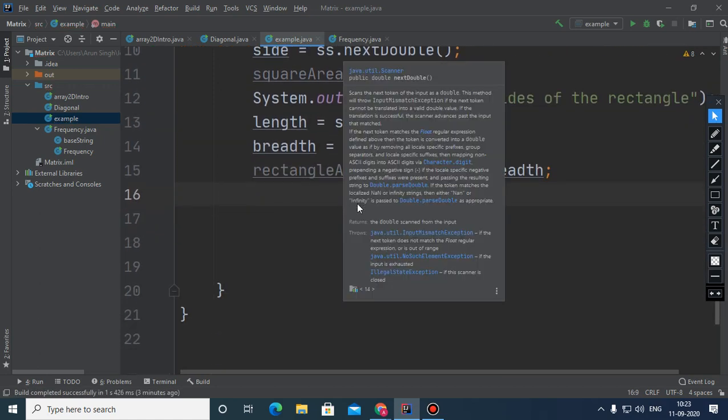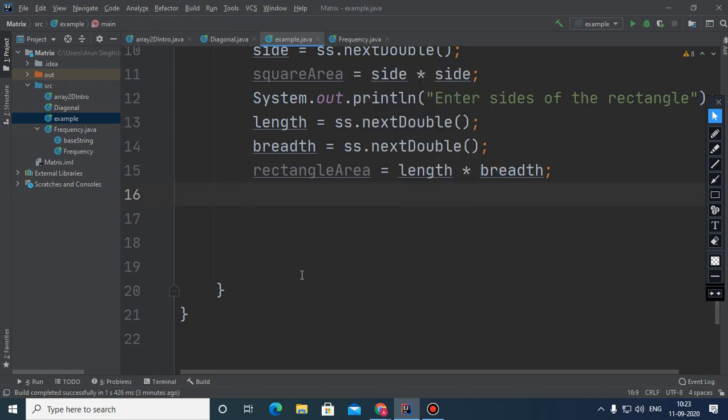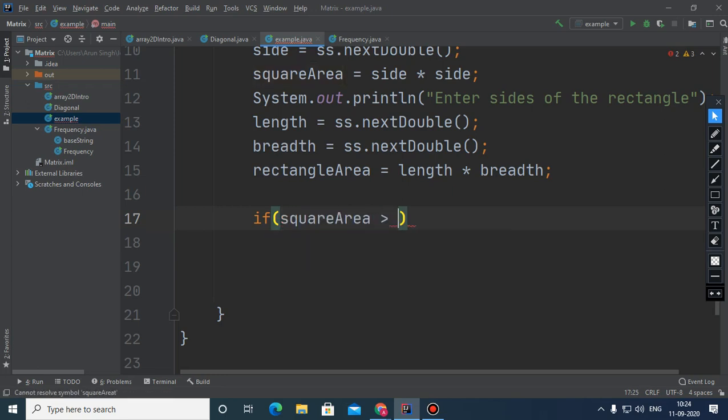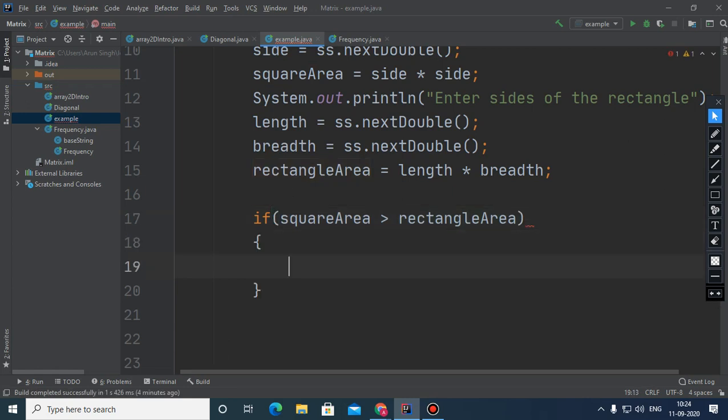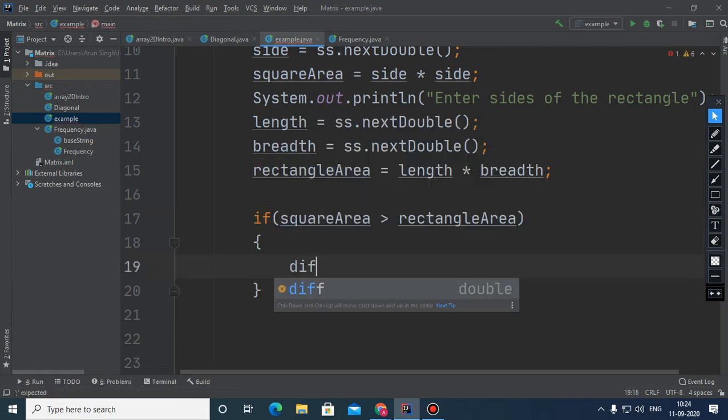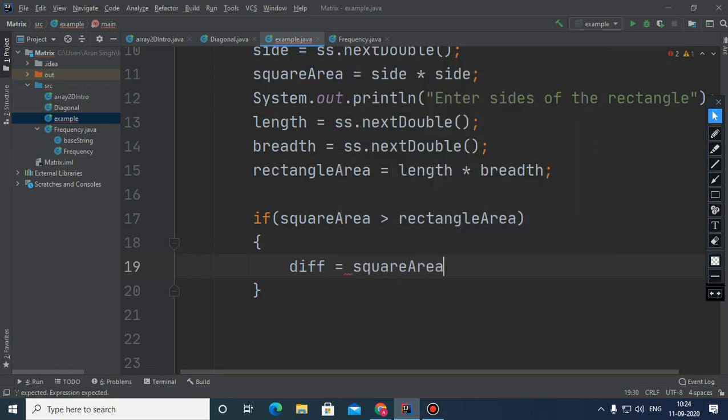Now children, what is the question? The question is which figure is having more area and by how much. You have to display that. So in that case what you need to do is that if square area is more than rectangle area, then that difference is square area minus rectangle area,